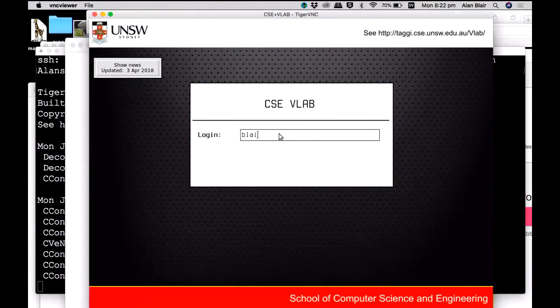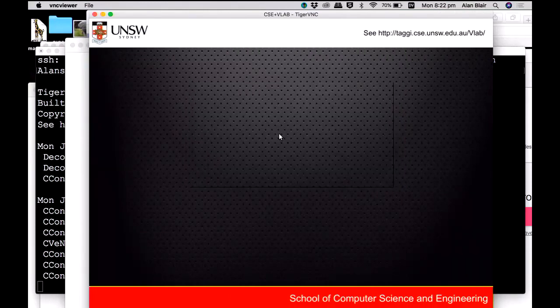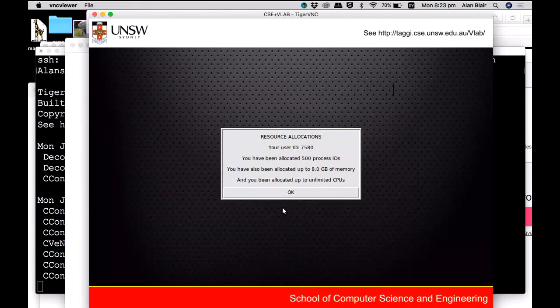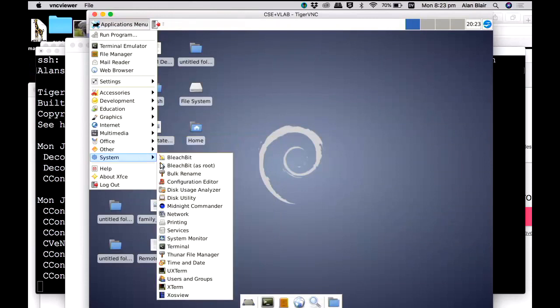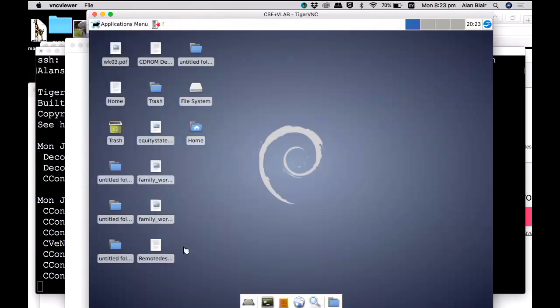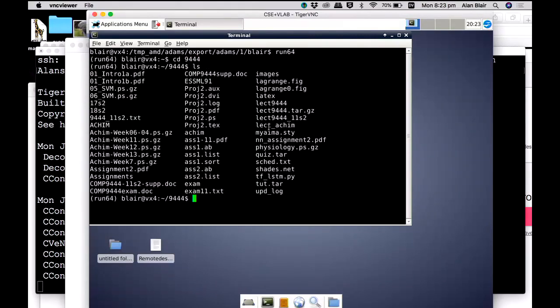Then I just log in with my normal username and password. And then it's like a virtual machine, and I can open a terminal. The name of this emulator is Run64. When I type that, I can get access to the latest versions of TensorFlow.